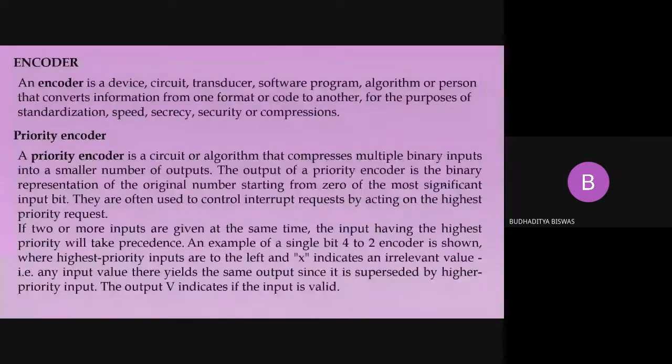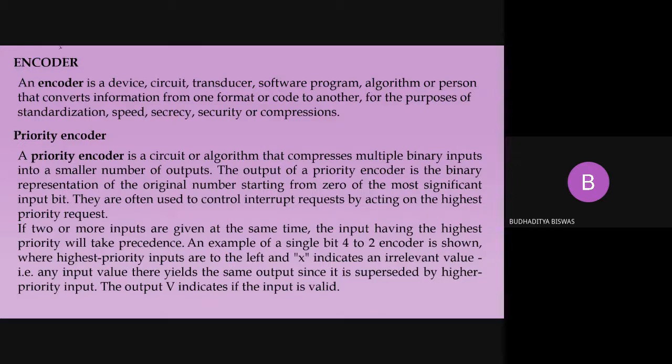Come to this one. That is the encoder. Now, what is called the encoder? Encoder is not the opposite of the decoder. Decoder, what? Decoder is actually a min-term generator, or you may call decoder the circuit which decodes the information hidden inside the word. So suppose a 3-bit input is there. So in this 3-bit information, from 000 to 111, any information may be hidden. So decoder actually generates this. It's a min-term generator. But encoder is not the opposite of the decoder.